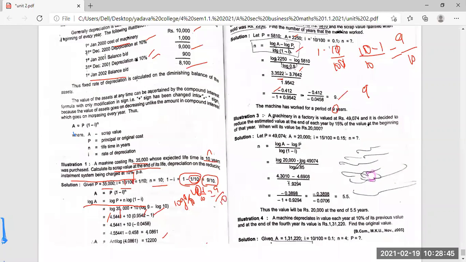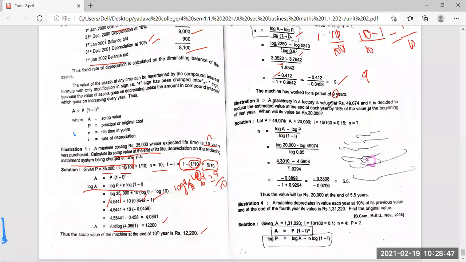Then coming to the next problem. A machinery in a factory is valued at 49,074 and it is decided to reduce the estimated value at the end of the year by 15% of the value at the beginning of the year. So when will its value be 20,000? So let P be 49,